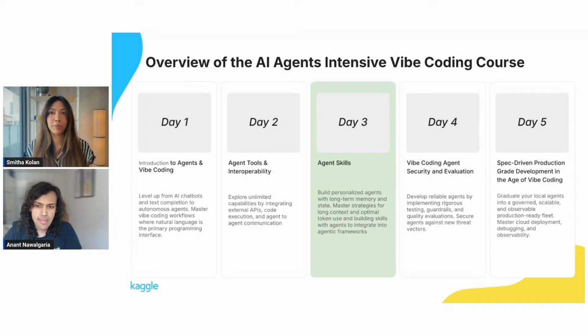The answer the paper proposes is something called agent skills. The format itself is really simple. It's just a folder with a markdown file called skill.md plus optional scripts and reference files. That's it. The clever part is the progressive disclosure. The agent only sees a tiny bit of metadata for each skill at startup, maybe 50 tokens. Then the full instruction only loads when the task matches. So you can have 50 or even 100 skills installed and still keep that context really lean.